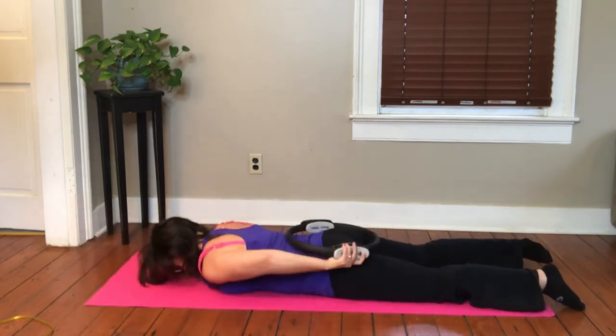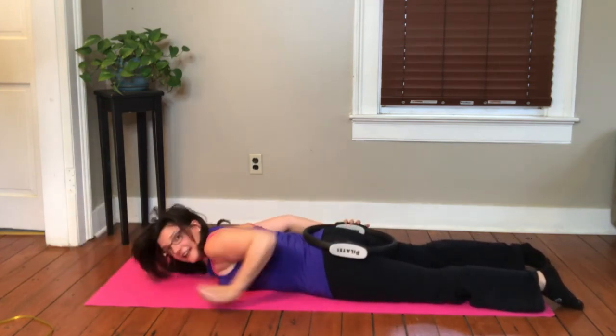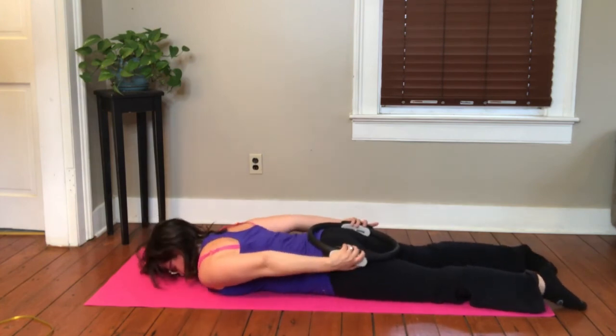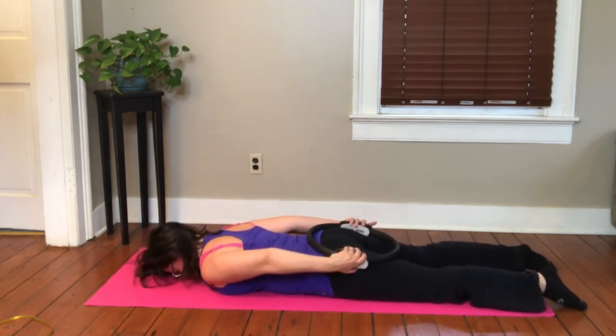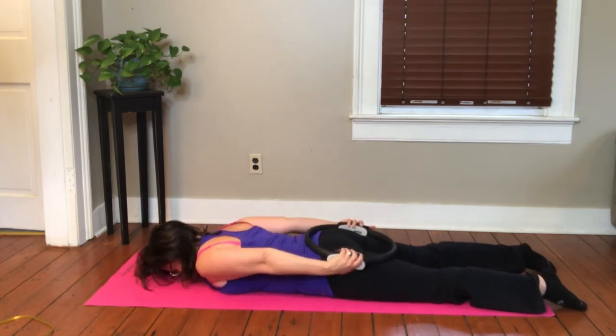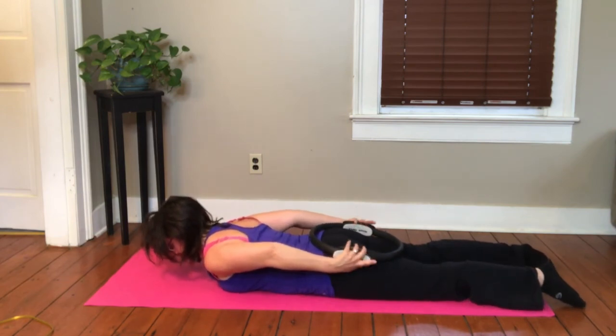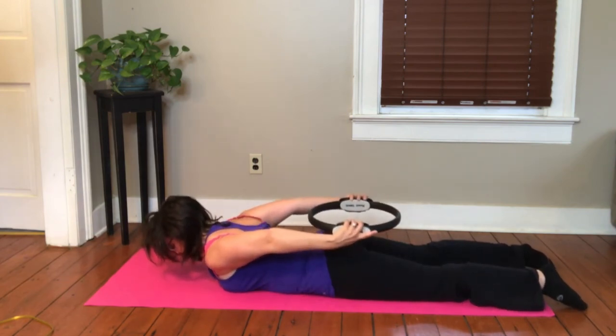From here, take that circle behind you. So your heels of your hands are, again, in that circle. Your legs are long, your belly's pulled in, and you're looking straight down to your mat. I want you to massage those shoulders back and down into their pockets. You're gonna come up into a little lift, and then you're gonna lift those arms,